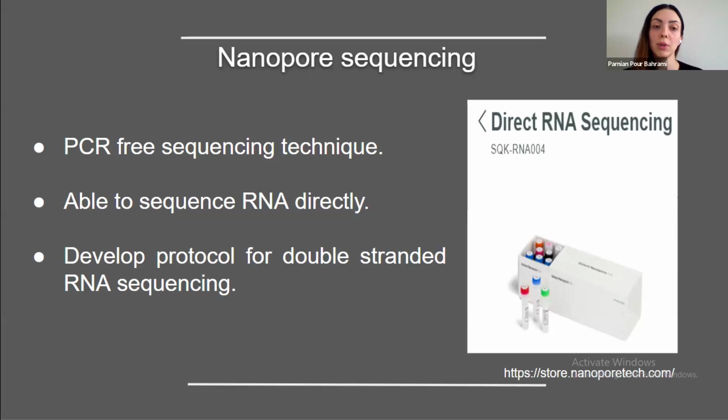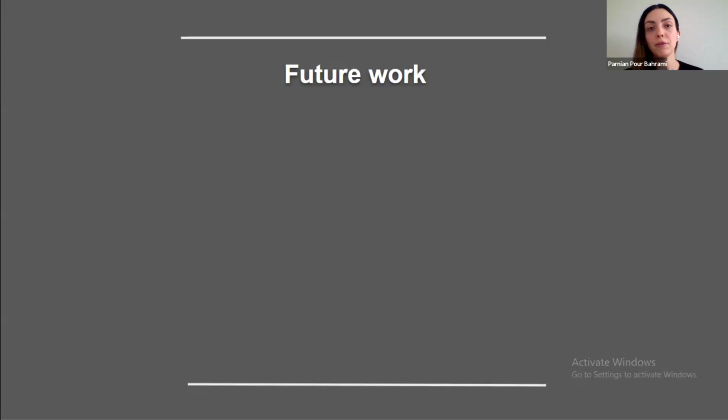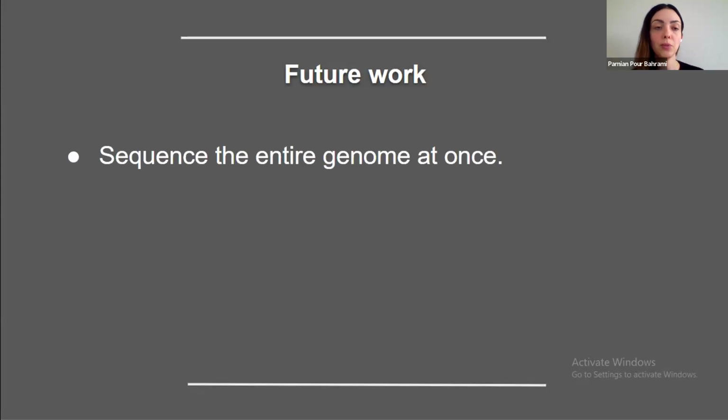With this technique, we are able to sequence RNA directly, and since this technique and kits are dedicated to study just single-stranded RNA, now we are trying to develop our own protocol for double-stranded RNA, since Phi6 is double-stranded RNA. So as our future work, we hopefully can sequence the entire genome at once with the help of nanopore